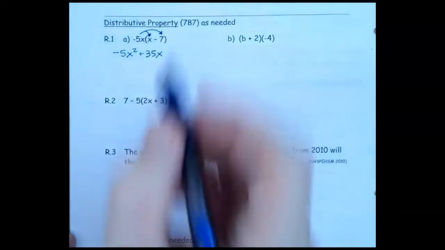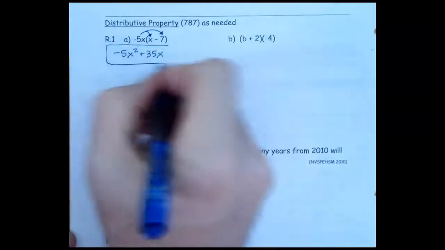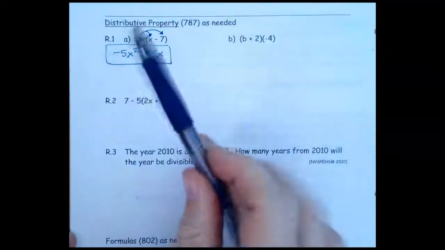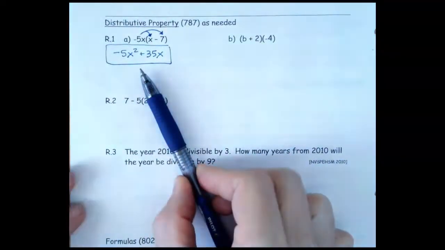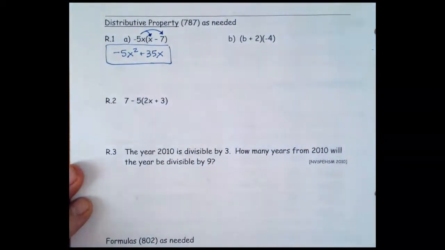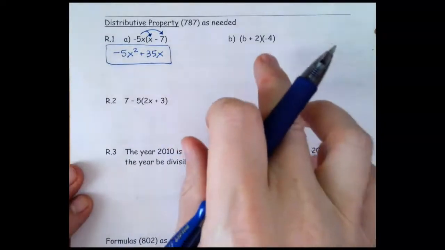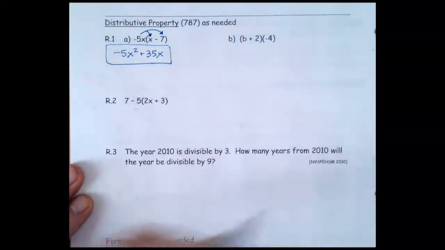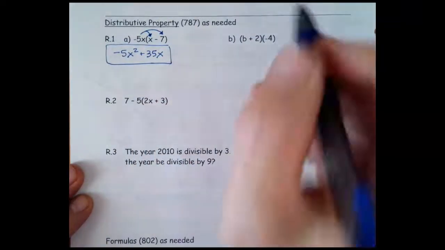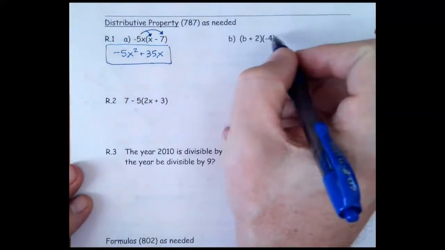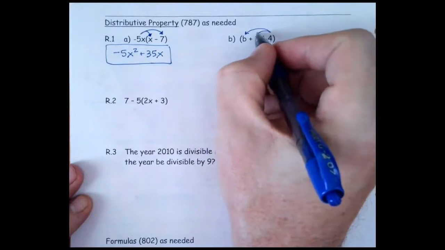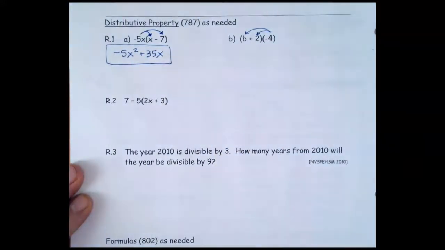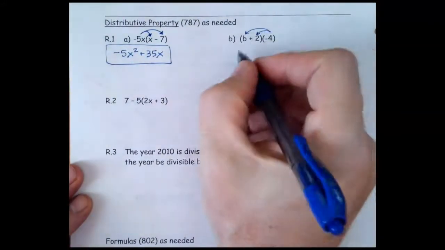Now, this is the type of thing where, as soon as you saw this page, you could have paused the video and tried to do this problem since it's review. We should be able to handle that fairly easily. Okay, and so now would be a good time to pause. I would come back and check each problem as we go. So this is a little bit awkward that it's on the back end here, so we want to make sure that we distribute this way. We can tell it's multiplication there. And so that's going to be